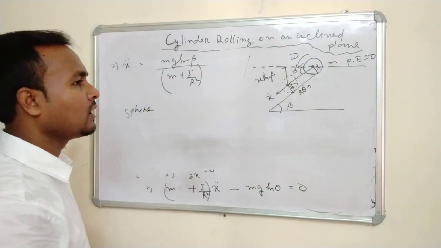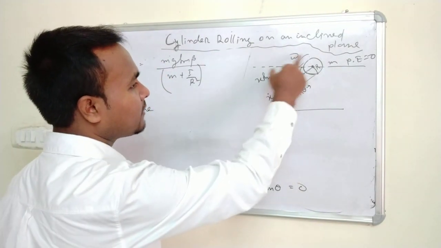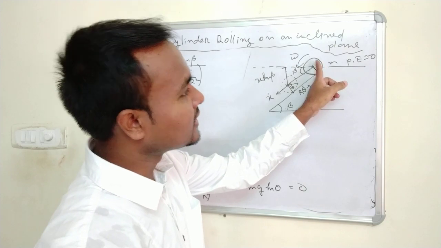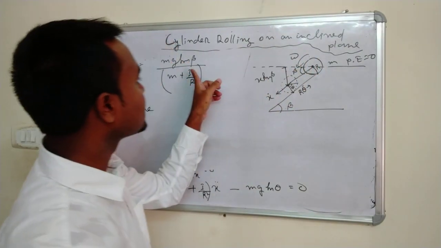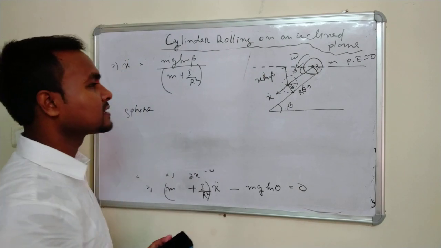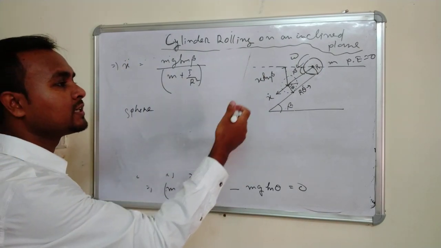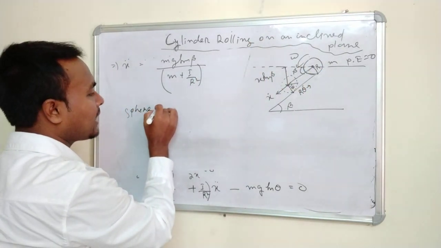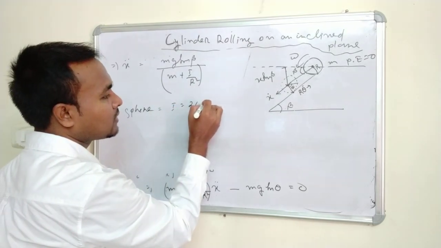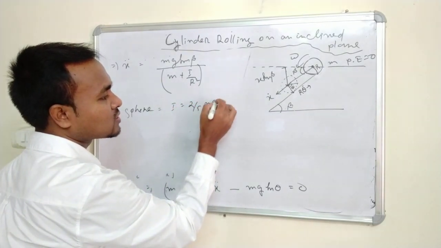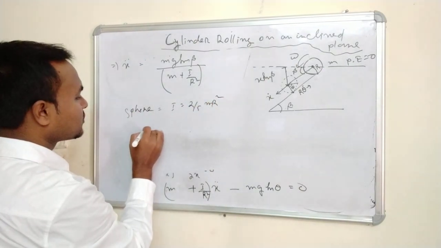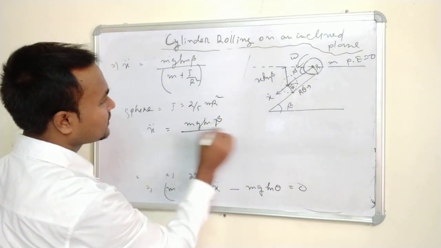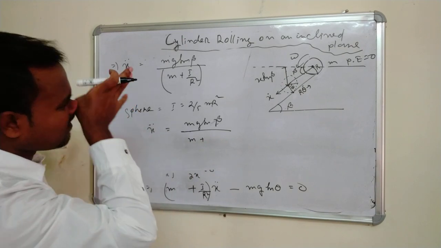Like suppose for a sphere, what factor will be changed here? Everything will be the same except the moment of inertia, because when we considered the cylinder, we took the moment of inertia as I. So what will be the moment of inertia of a sphere? In case of a sphere, I will be 2/5 m r square, where m is the mass of the sphere. So I can directly put x double dot equal to mg sin beta divided by m plus